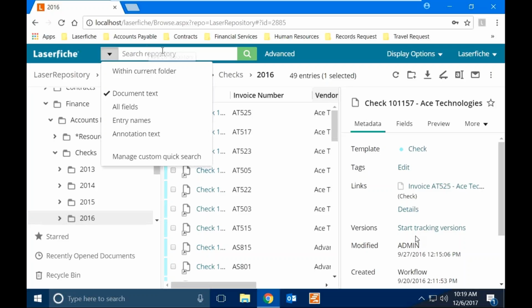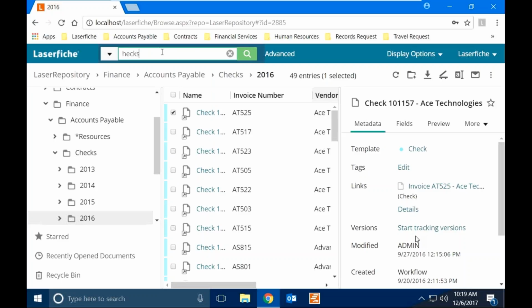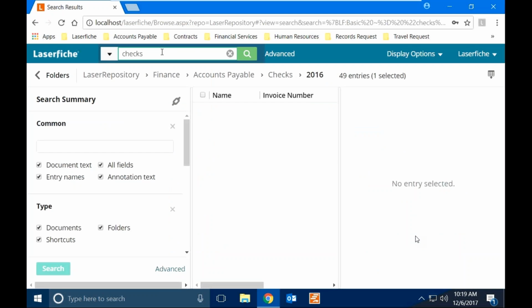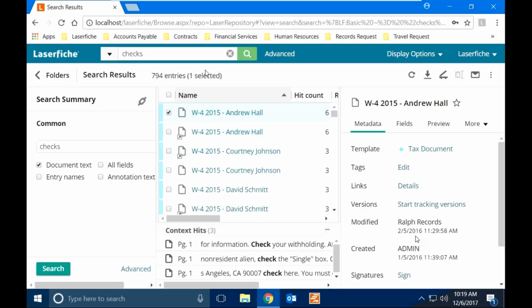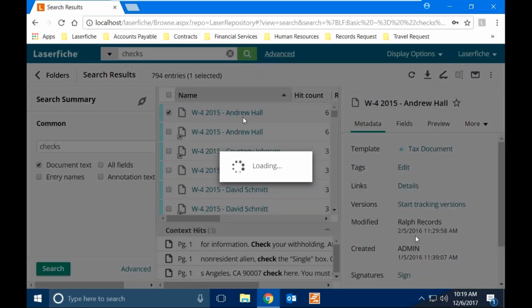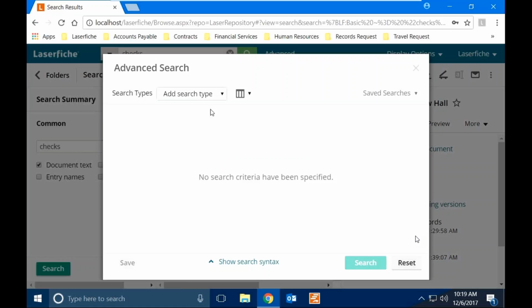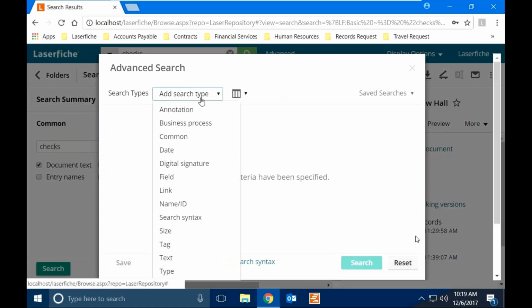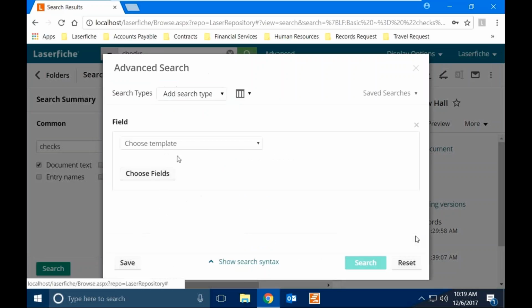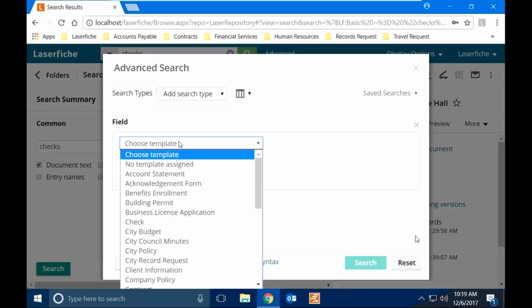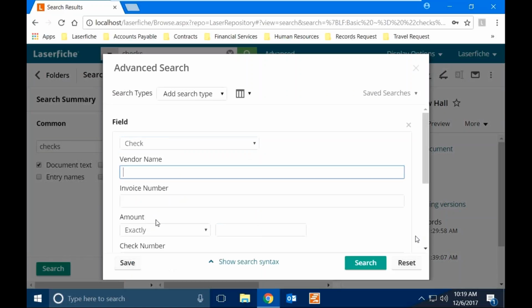Because if I were just to do a quick search for checks, I'm going to generate a substantial sum there. But if I were to do an advanced search, I would be able to come in, and let's say out of the dozen different search types or so I have here, I wanted to do a field search. This will allow me to select a template, such as checks. I'd be able to take any of the associated information in those fields,